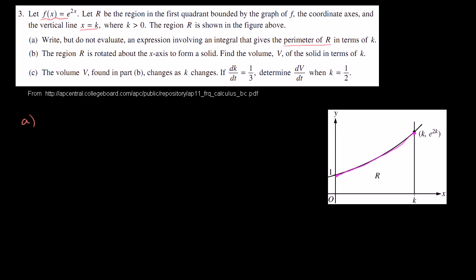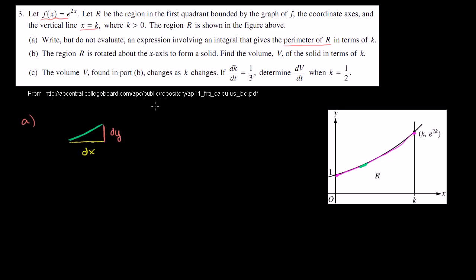So let's say we were to zoom in on a little bit of the curve right over there. And what we could do is same way we derived an arc length when the function was defined parametrically, which we did, I think, as part 1 of this AP exam. This time it's not defined parametrically, so we can do it in terms of just x and y. So if you view this distance right over here, this is going to be a very small change in x. Let's call that dx. And then this right over here is going to be a very small change in y,